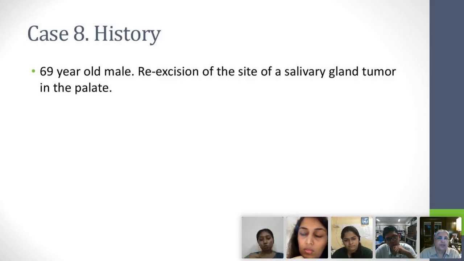When there's something called re-excision at the site, re-excision means what? That something was excised before and they feel that they haven't got it out completely, right? Particularly in the palate, if somebody wasn't expecting the diagnosis to be a salivary gland tumor and they went in and did a bit of an excision, and then they discovered that the margins were positive, or they weren't sure whether something had been left behind, then they go and re-excise that particular site. So that is what has happened in this particular case.